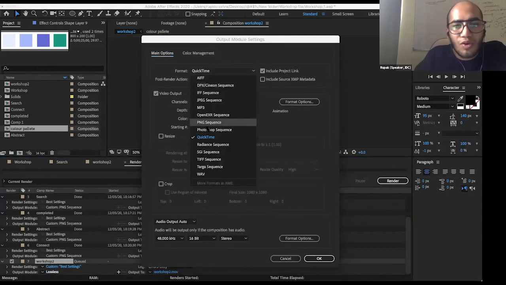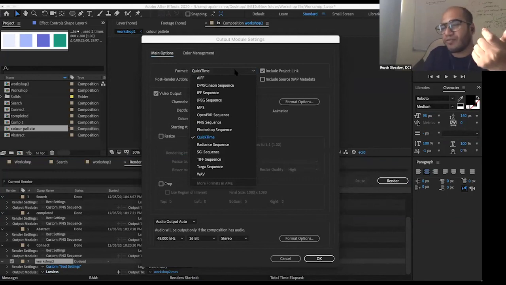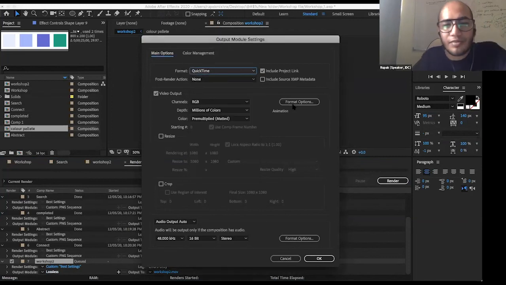Go ahead and in the format option, we have a couple of options. We want to choose QuickTime because right now in the recent updates, After Effects has removed the H.264 format, which is for standard MP4, but we can go ahead and export in the QuickTime format.